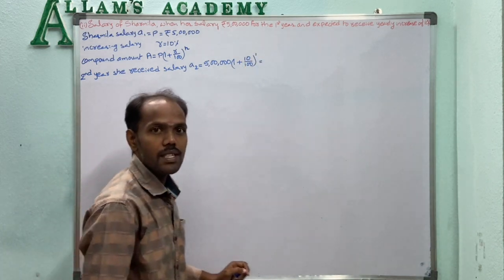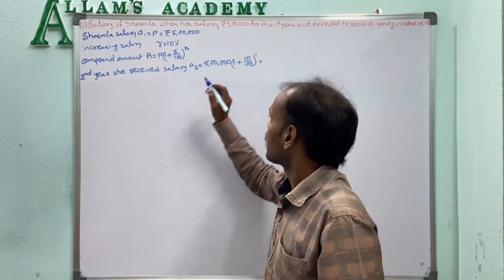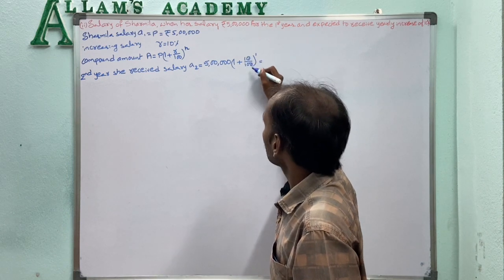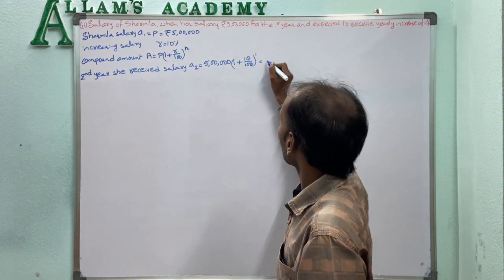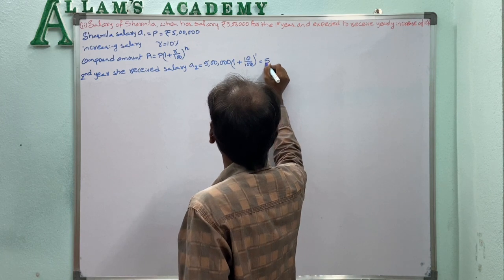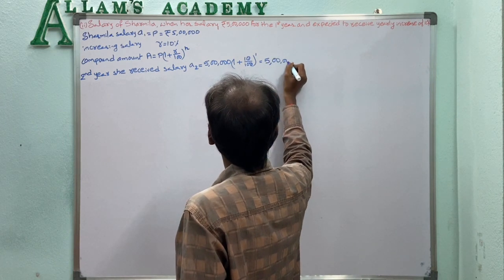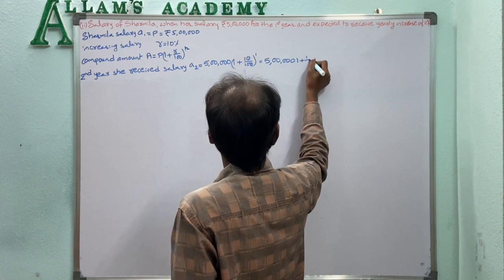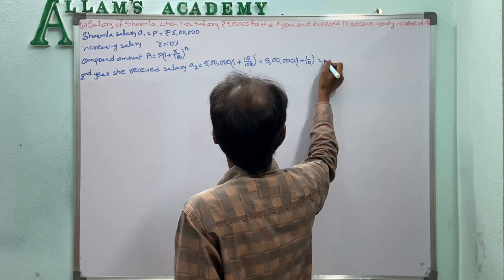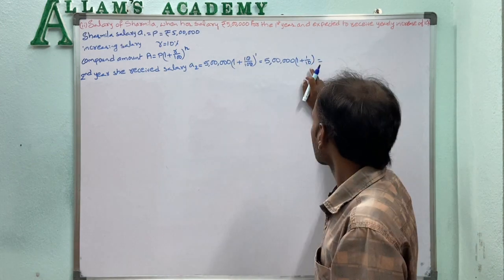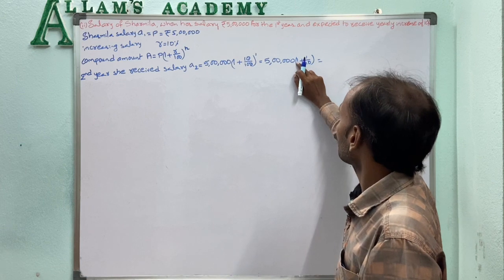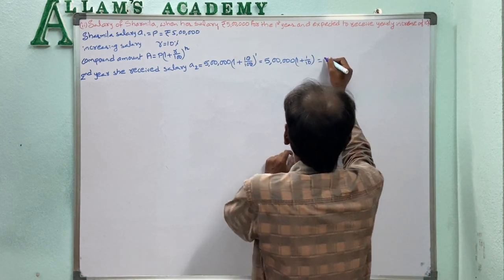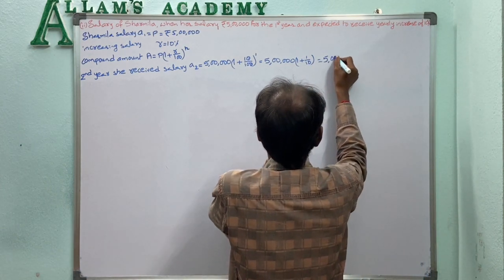Whole power 1 means that one only. So 1 plus 10 by 100, that is 1 plus 1 by 10. If we do LCM, that is 10. 10 ones are 10, 10 plus 1 is 11. So 5 lakhs into